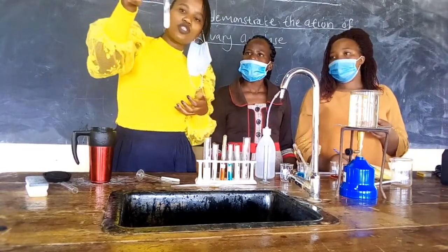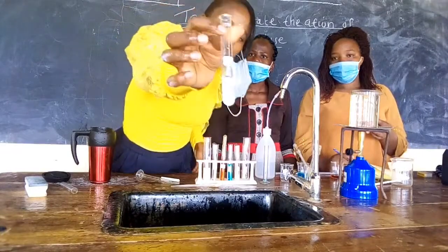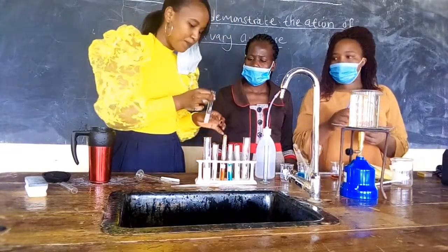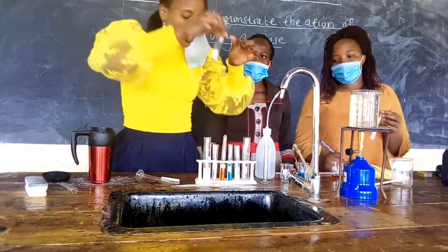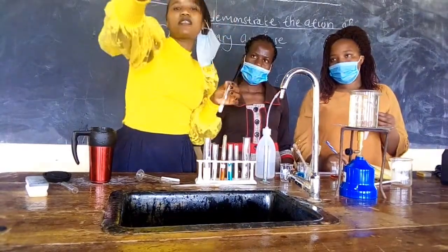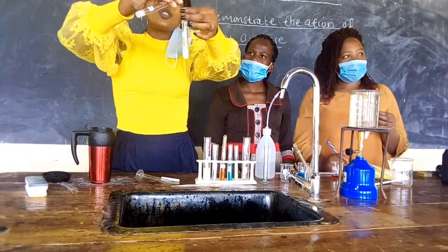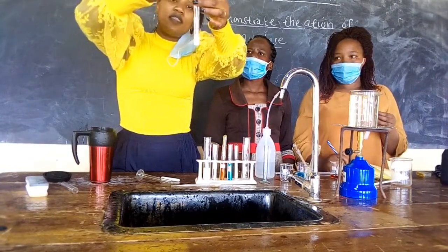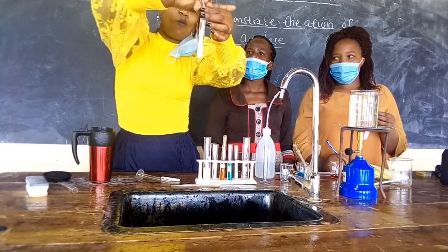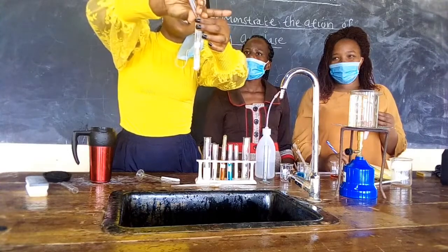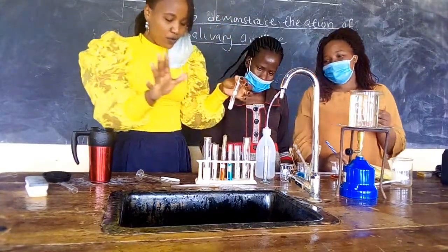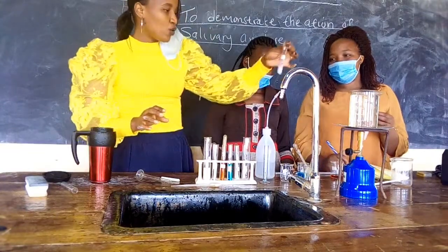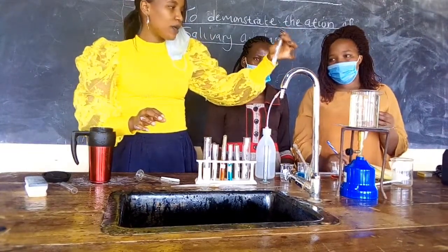This is starch and distilled water. Hold it here. Now in this one we have pure starch. So I am going to put saliva in it, remember this is my saliva. It is irritating, guys. Anyway, we have to do this for you. So this one, we have starch and saliva.